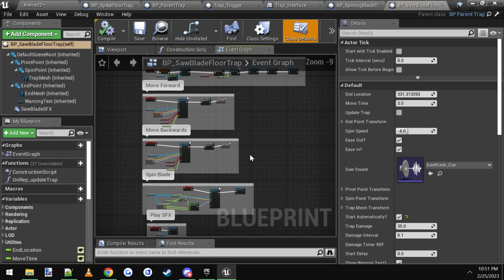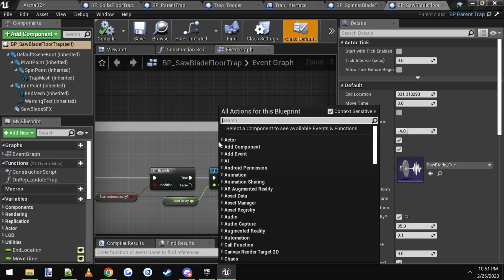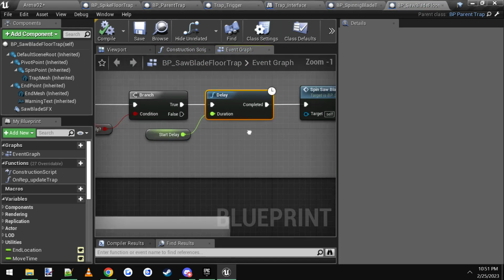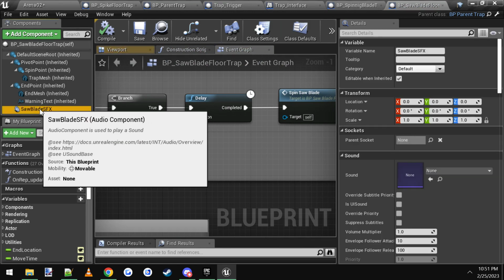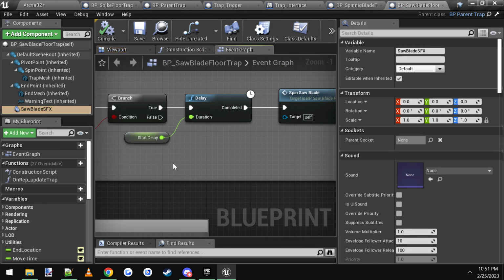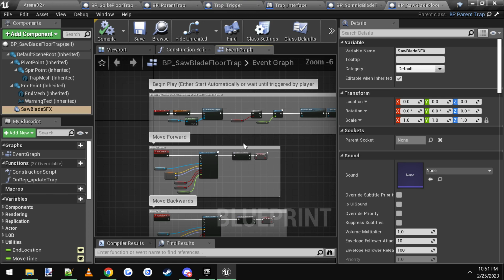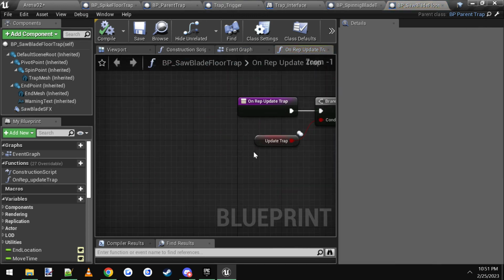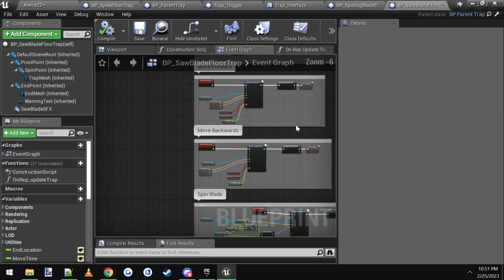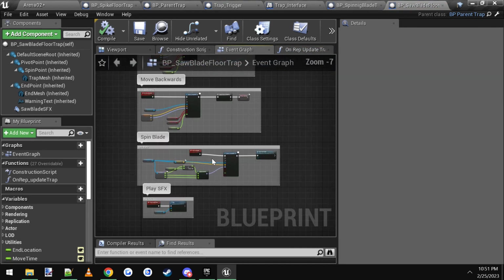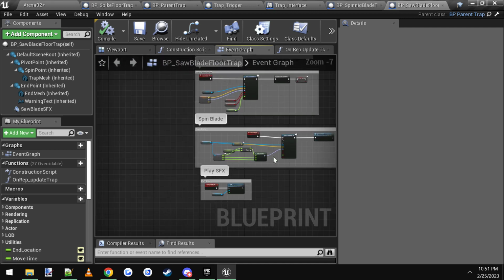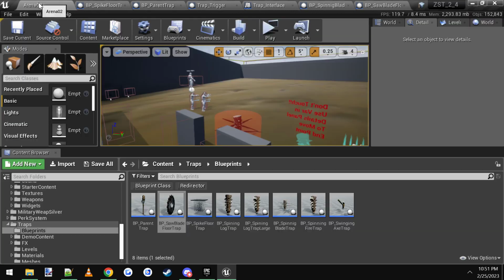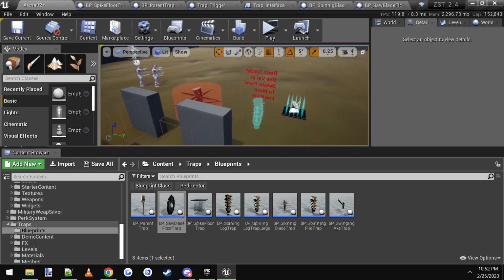Open up the saw blade, you would just come up here, you would do enable trap here, plug it into that. You would probably want to do the same stop sound effects, saw blade sound effects. You would want to add that off the false to stop so they don't make noise. Open up the update trap and add in the logic there. And same with the spinning saw blade, add a check right there. And add the disable trap here on the left hand side. So it's pretty much the same. Once you got all that going, then you can